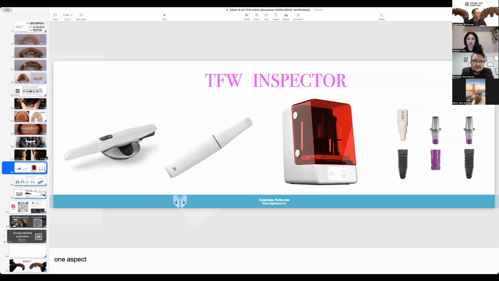So here I would like to comment on one thing that we are working on, the Total Fit Workflows Inspector tool. Actually, now it's ready.